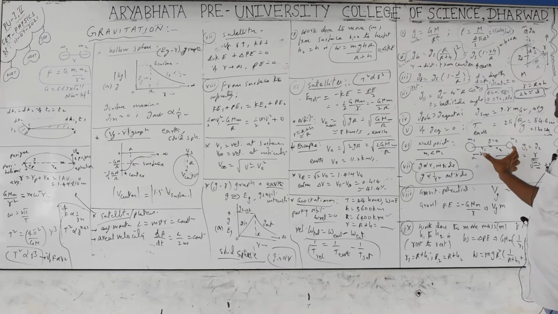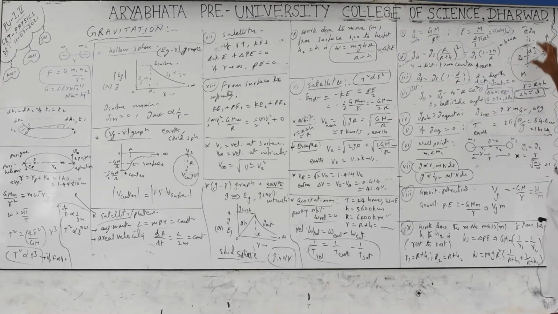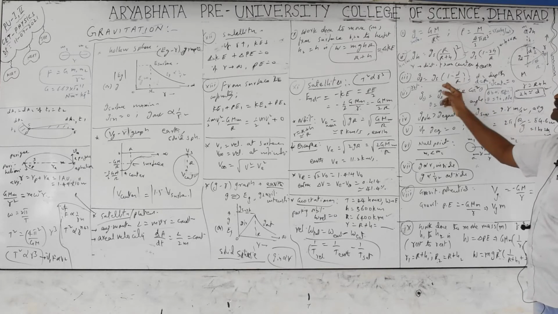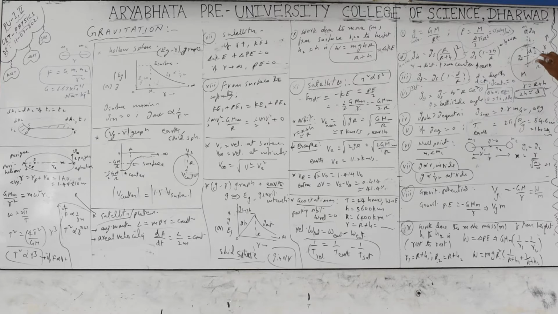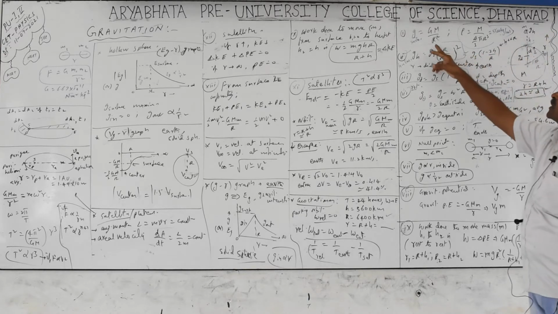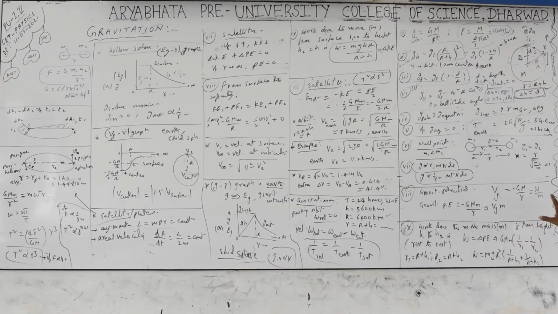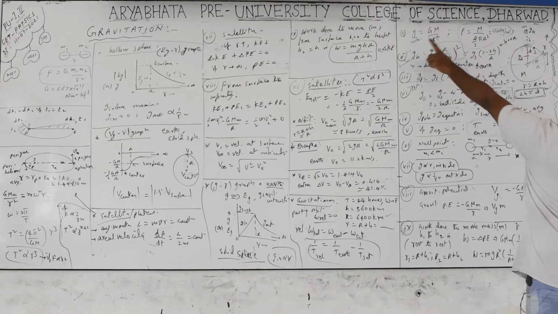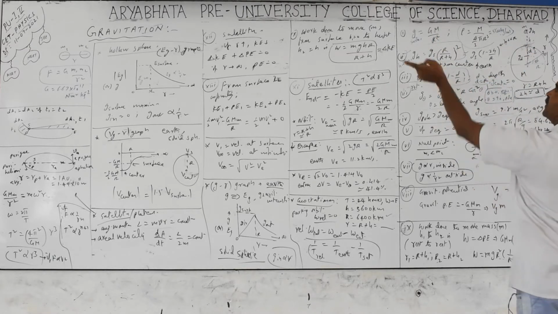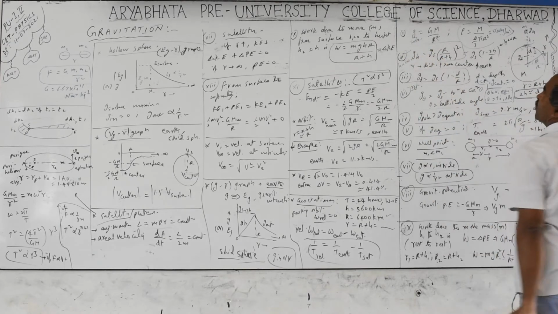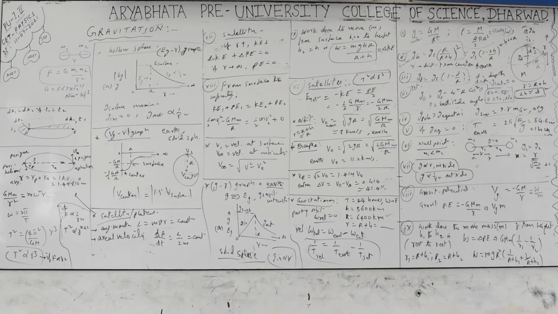If you take two objects separated by some distance, that's one more thing I forgot to tell here: comparisons. For heights and depth comparison, they will sometimes give the same change in values. Here g_s minus something gives a delta g, meaning the change in values. As you go up, the g value decreases, and as you go in, the g value decreases; at the center it is 0. As you go up, g decreases, so only at an infinite point, when r becomes equal to infinity, g becomes 0. So g is never 0 otherwise. Only at infinite distance is g 0; whenever g is there, attraction will be there, and the weight of the object appears as m into g. So when g is 0, weight is also 0, only at infinite distances. Infinity is only theoretical, we imagine it; practically we don't know that.